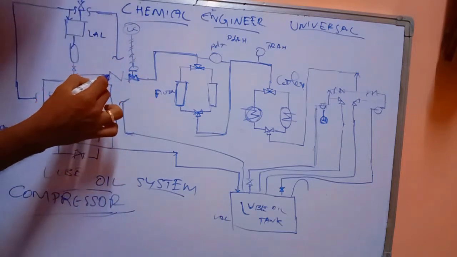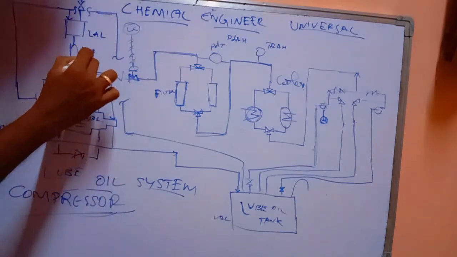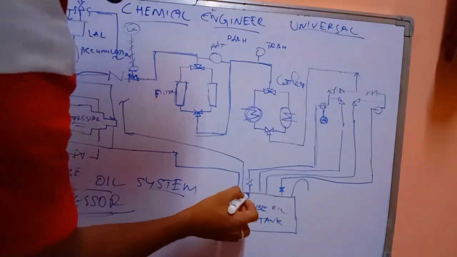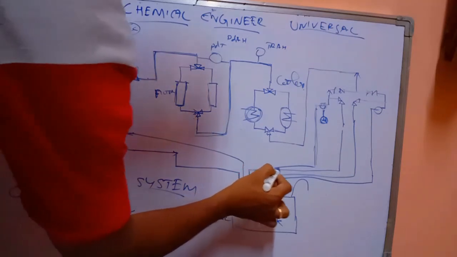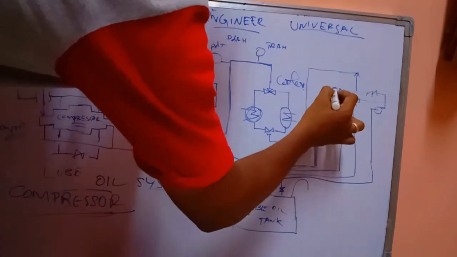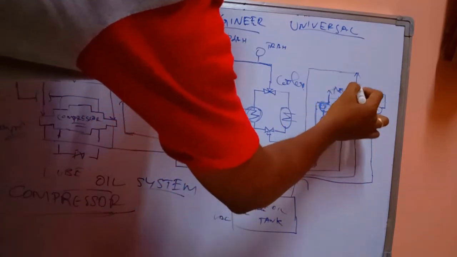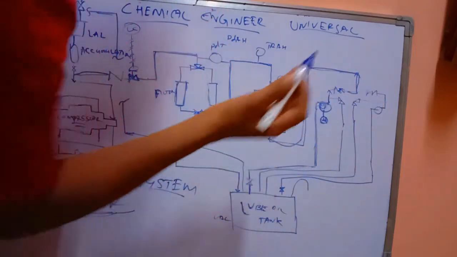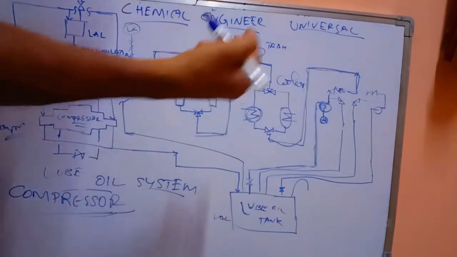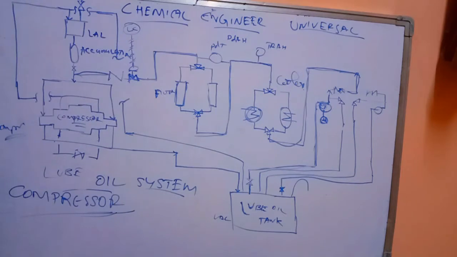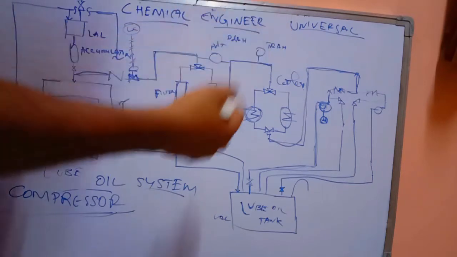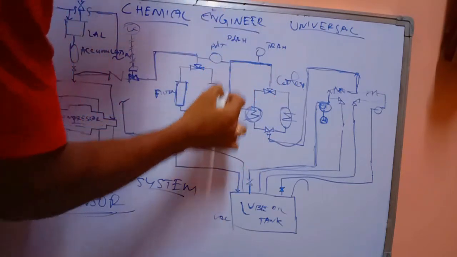Here we can see again we have an accumulator. Just follow the path, take this line only. This is the tank, and from the tank it is pumped by the pump. Through the pump it passes through the NRV and a valve, and after that through the cooler. After attaining some cooling point, there is a set point for cooling, and the higher and lower range will be decided by the service, based on usage and conditions like climatic conditions. After that it passes through the filters.